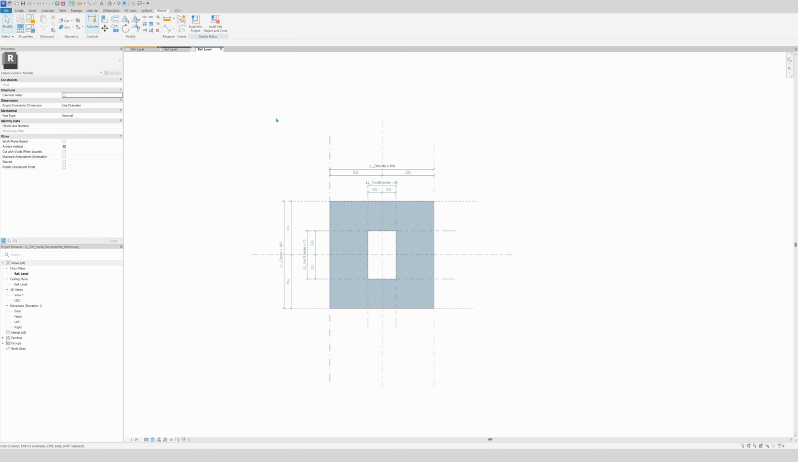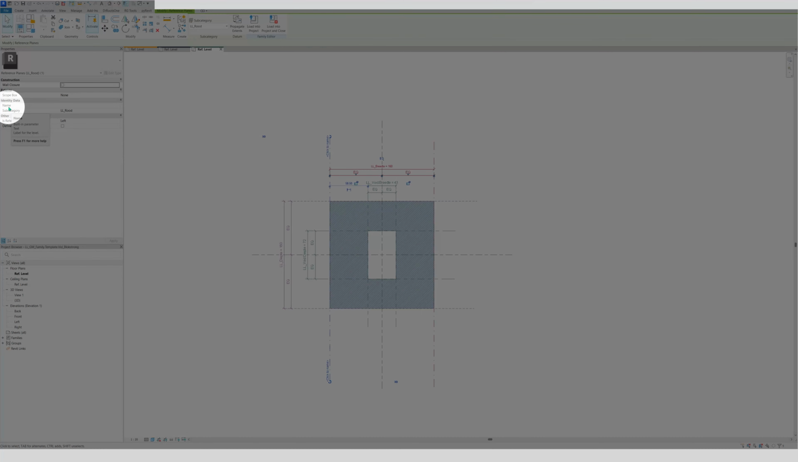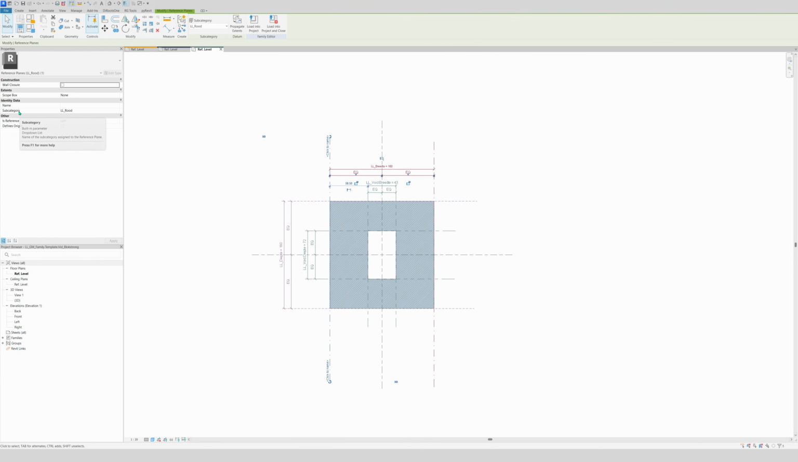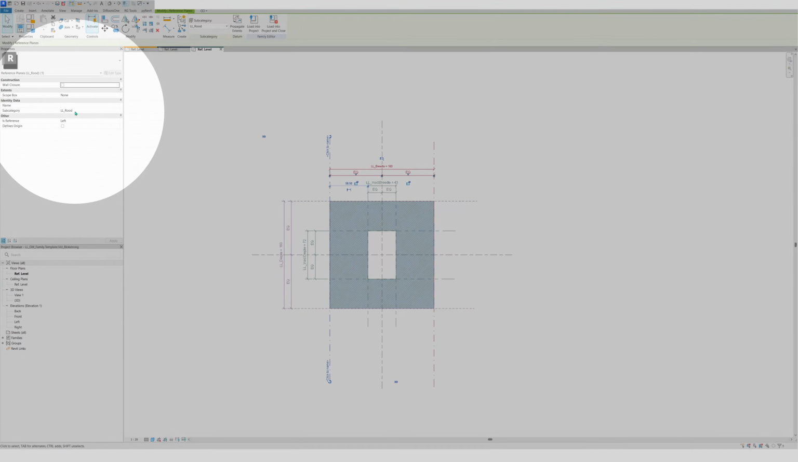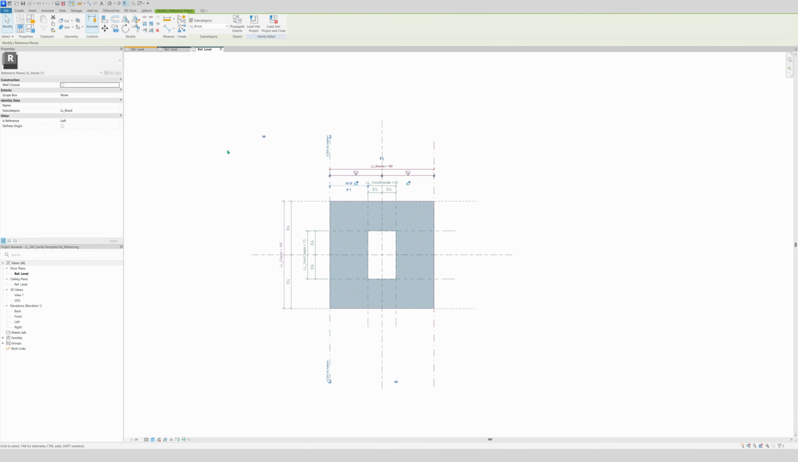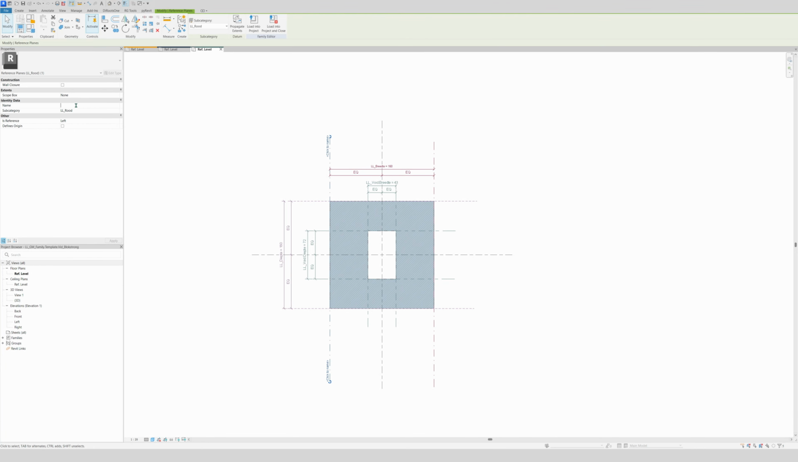The next tip is that not only can you set the reference, you can also name the reference. Right here under Identity Data, you can set a name, and already you see the subcategory. That means which reference line you drew right here. So for example, this reference is right here. You can see Left. You can also name it Left if you want, and also for this one you can name it